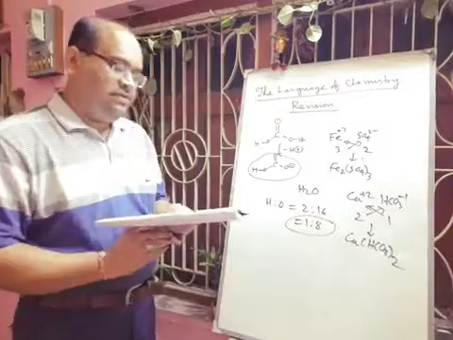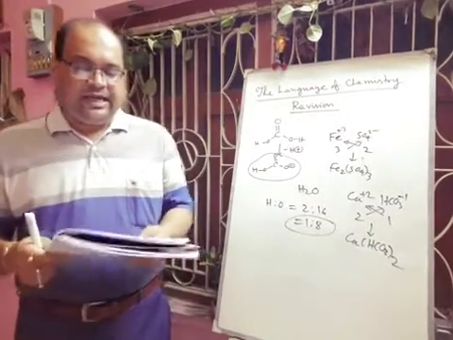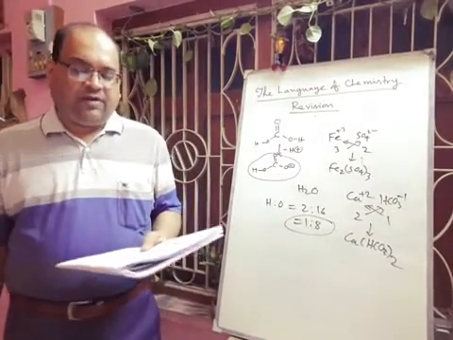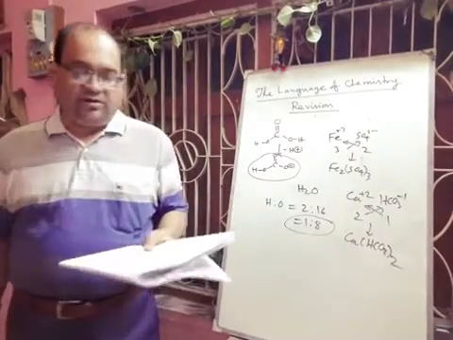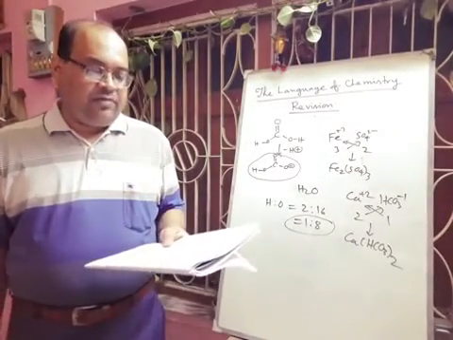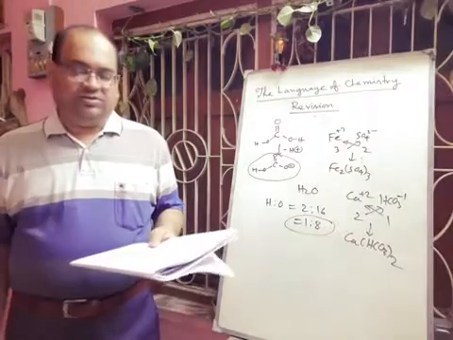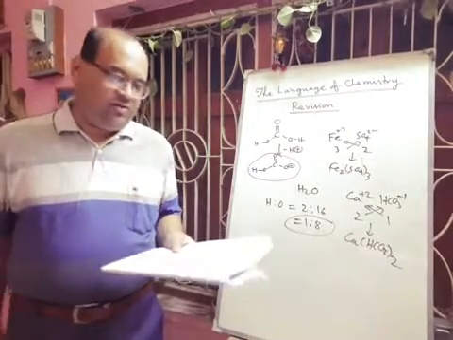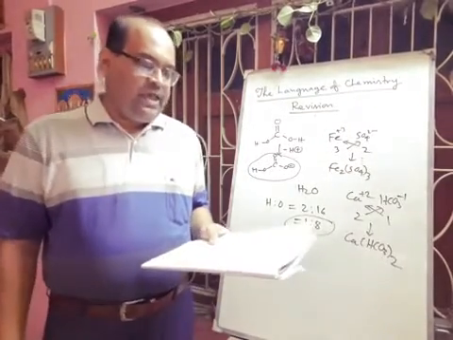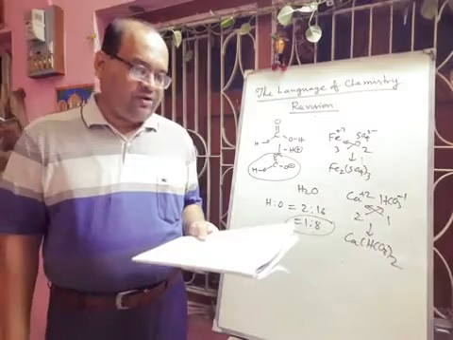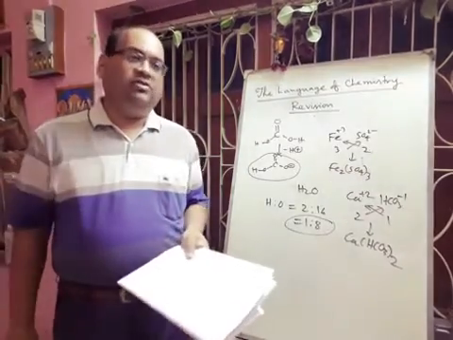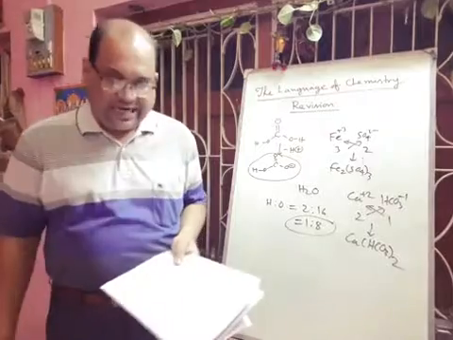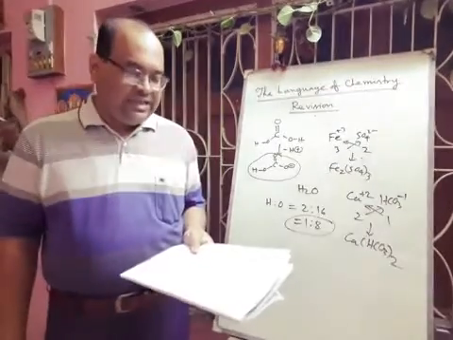Hope you can understand. Next one is: correct the following statements. Molecular formula represents an element. So you have to write that molecular formula represents a molecule. Molecular formula of water is H2O2. Now you know that you have to write the molecular formula of water is H2O. A molecule of sulfur is monoatomic. So you have to write that a molecule of sulfur is octaatomic and its formula is S8.